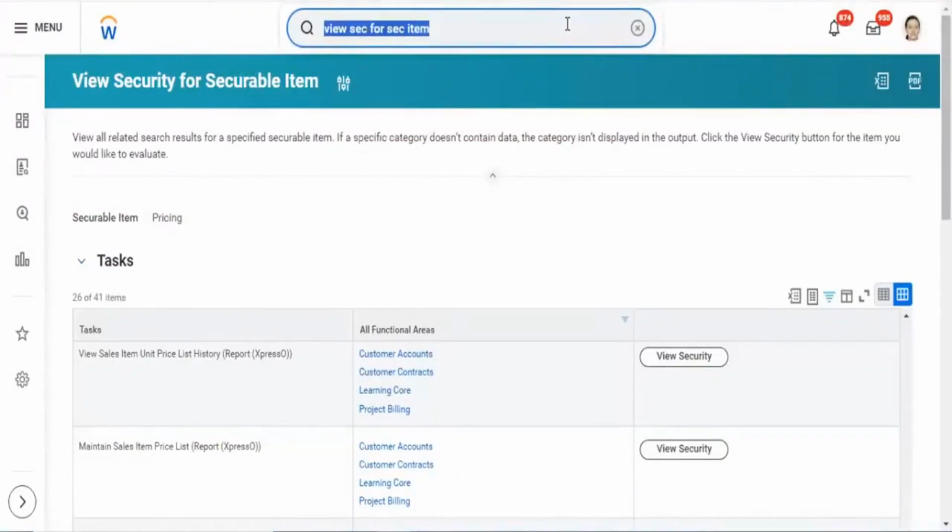Did we see that when we created a course, adding cost to the course? When we created a course, do you see that page?